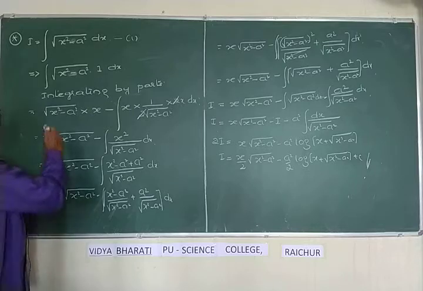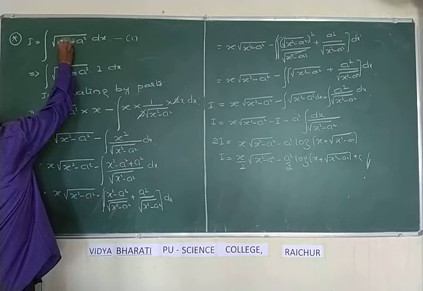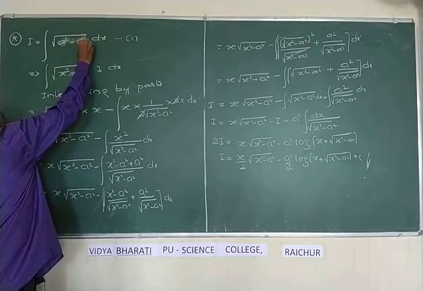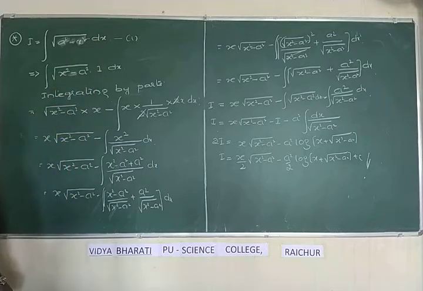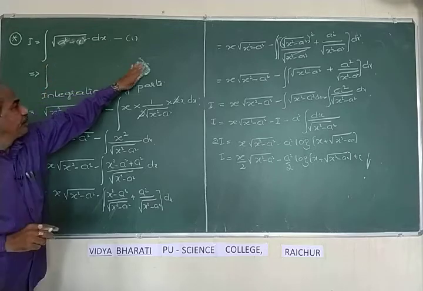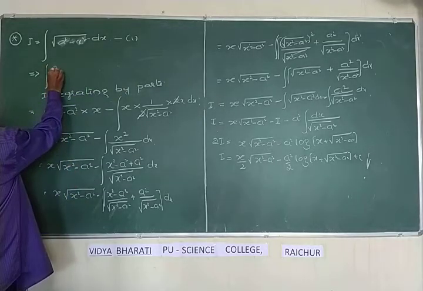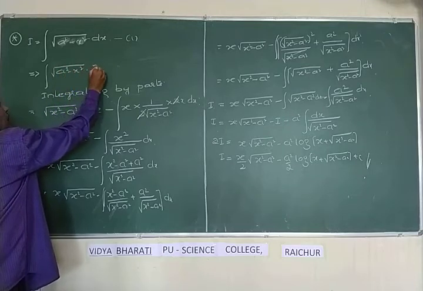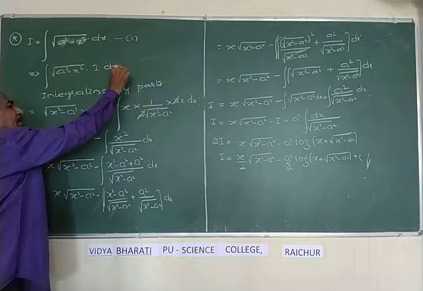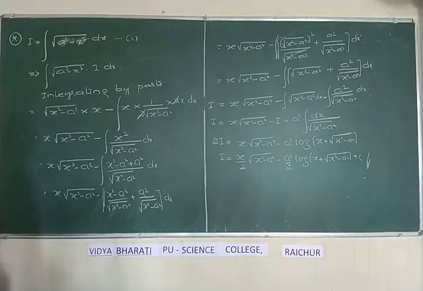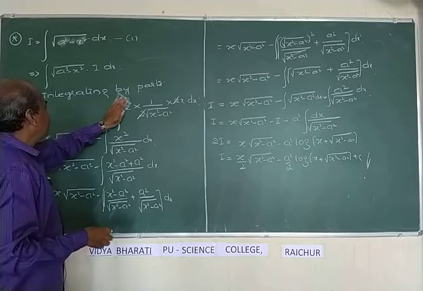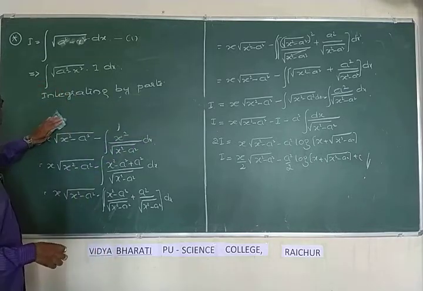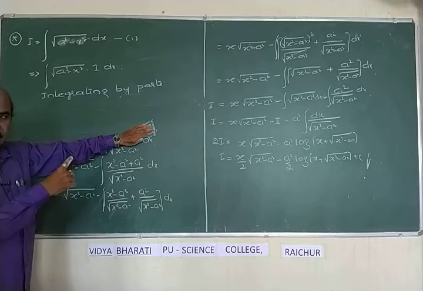Okay? And the last one, it is root of a square minus x square. Okay? Try yourself. So, here the same thing you take, root of a square minus x square into 1 dx, integrating by parts. Correct? Then first function as it is, shall I rub this one, this over, no?